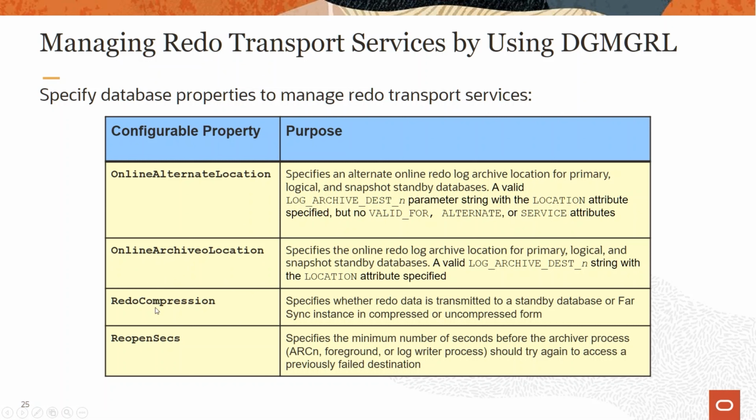And also we have redo compression, whether you want to enable compression during redo transport service. And also reopen second. It specifies the minimum number of seconds before the archiver process should try again to access a previously failed destination. So Oracle waits